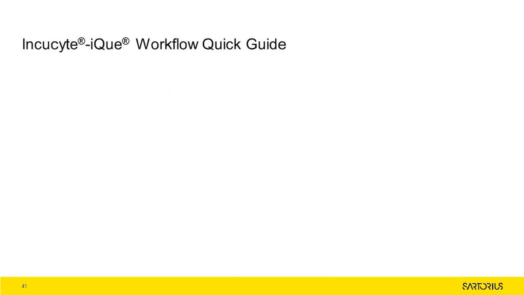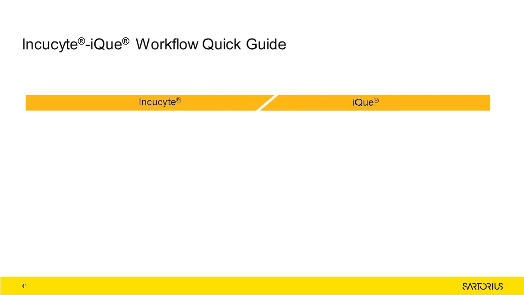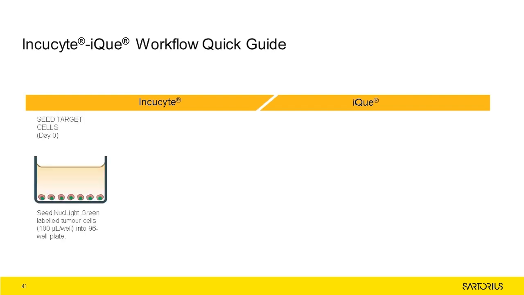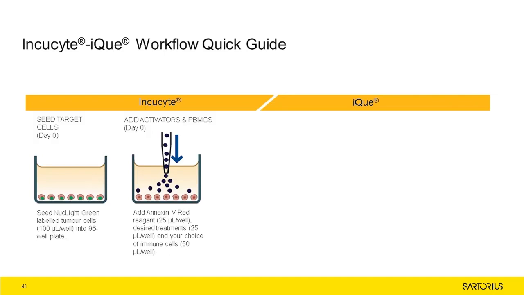In order to study the effect of this antibody on target and effector cells using both instruments, we firstly developed and optimized a workflow that allowed their connection so that the same cells could be analyzed from a single assay plate, firstly by the IncuCyte, and then at an appropriate time the IQ. The green labeled target cells are firstly seeded into a 96-well plate. Activators and effector cells are added next, and if desired, an Xim5 red in order to monitor apoptosis. Once the experiment is set up, it can then be placed into the IncuCyte for imaging.